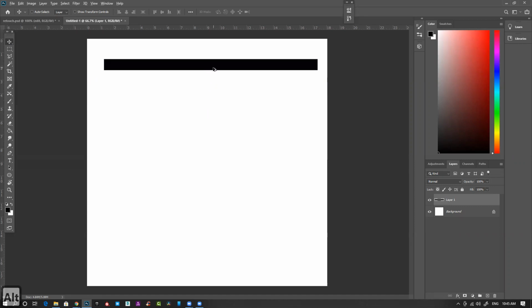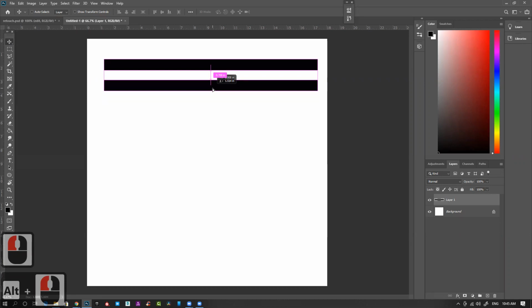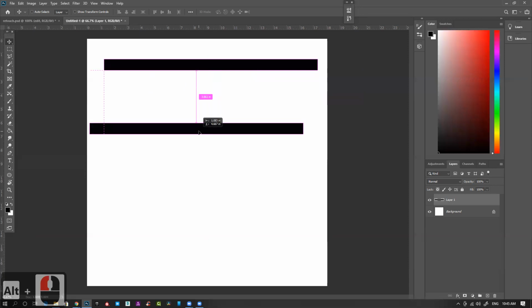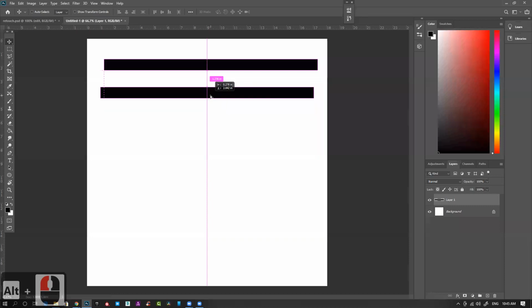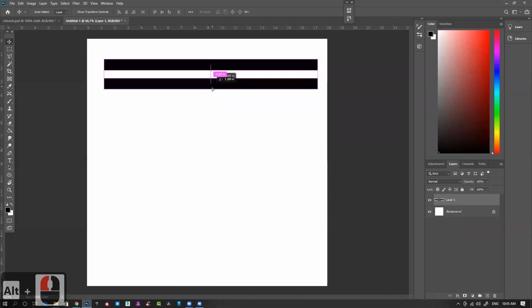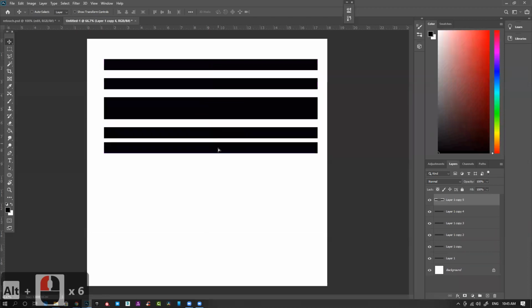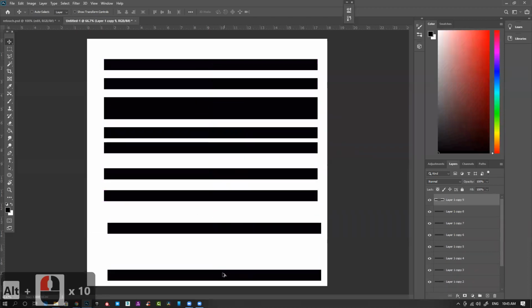Suppose Alt, Alt and drag. You can see it can freely move in any direction. But now you can see this dot guide, and with the help of that, you can modify this very easily. It will showcase the distance. If you want to keep the distance uniform, you can randomly create some. I just created this randomly, but I want this gap to be uniform.